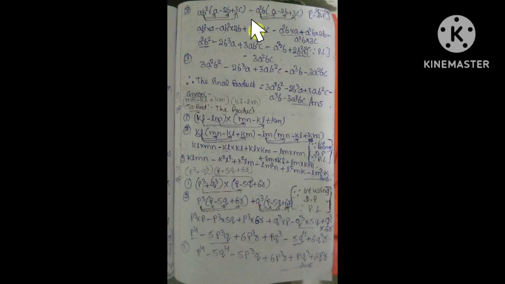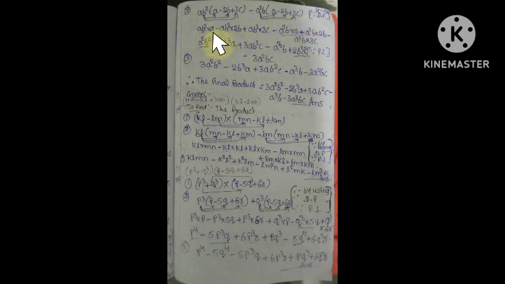So the monomial is ab² into each term of the polynomial. The first term is ab² into a. Next, minus ab² into 2b, plus ab² into 3c. Next, minus; here the monomial is multiplied by each term of the polynomial. So a²b into a, minus into minus is plus, a²b into 2b, minus into plus is minus, so a²b into 3c.